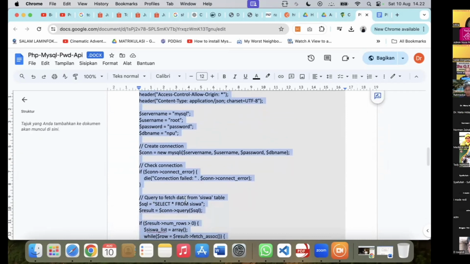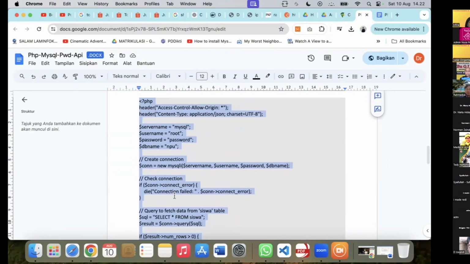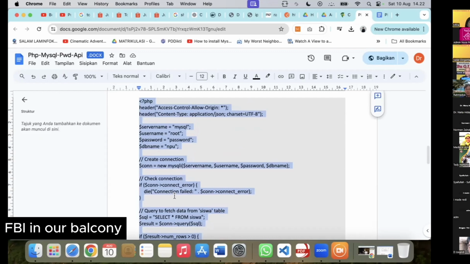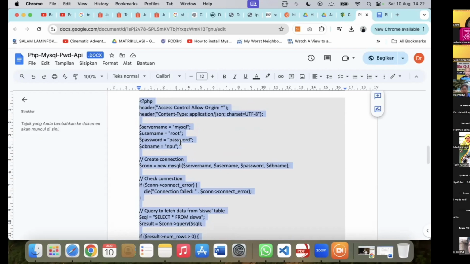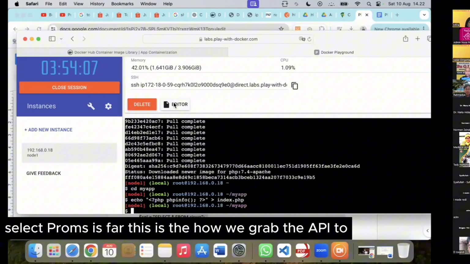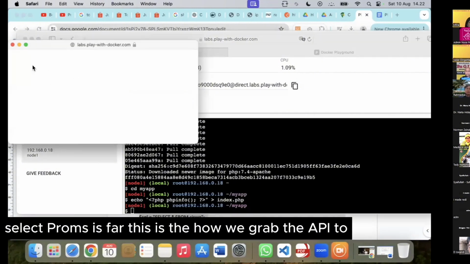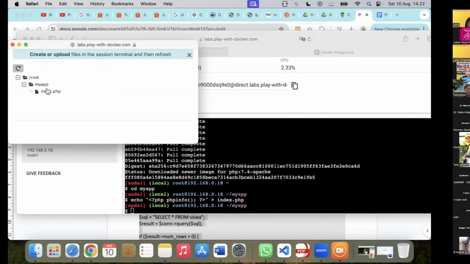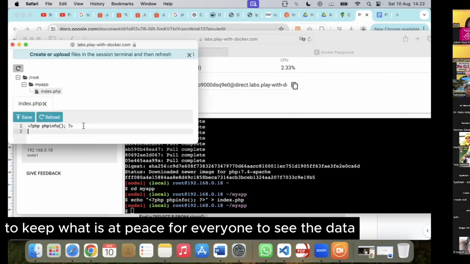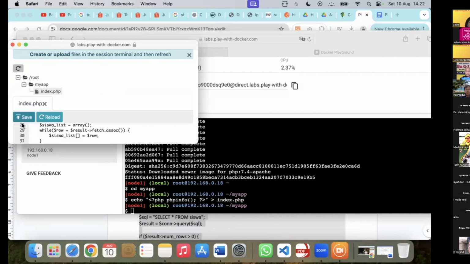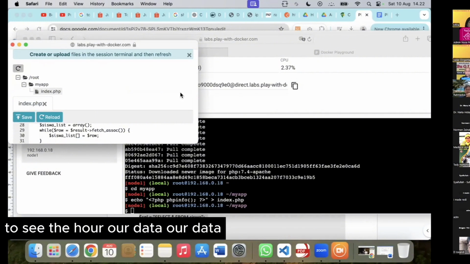Now we set the API without token. See, there is a select from the student table. This is how we create the API to give the service for everyone to see our data.